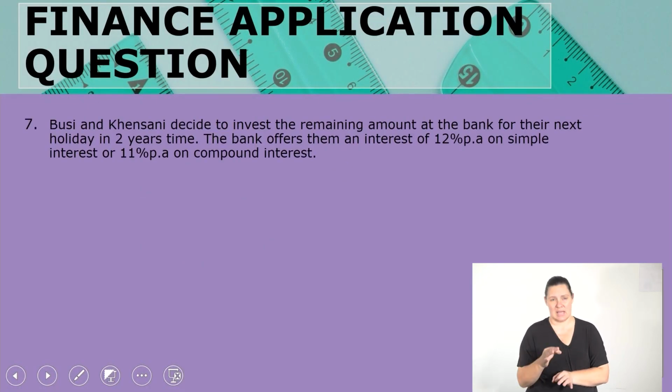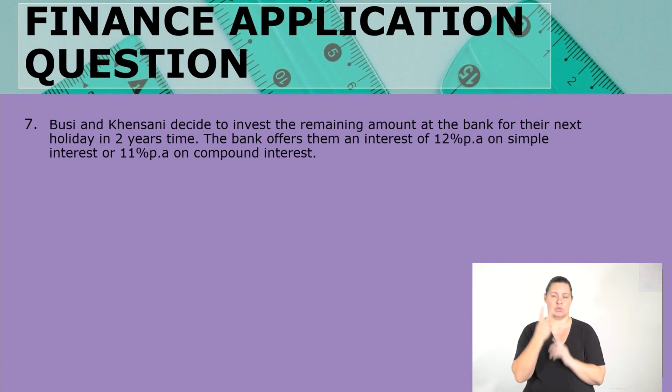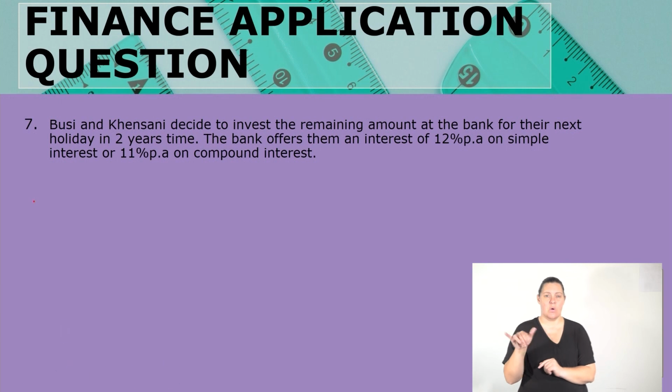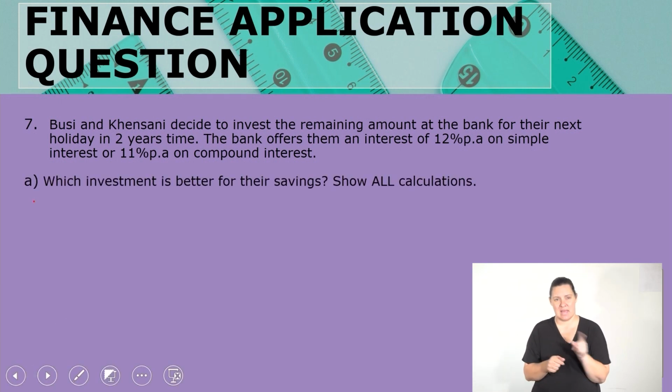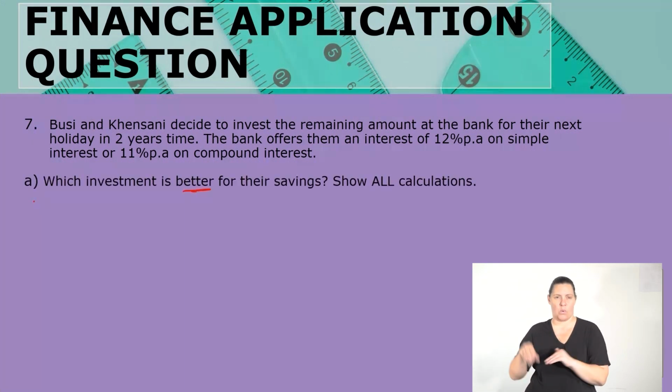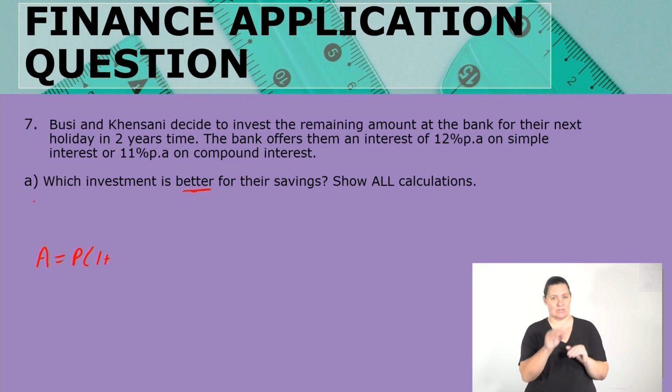So Busi and Kensani decide to invest the remaining amount at the bank for their next holiday in 2 years' time. The bank offers them an interest of 12% per annum on simple interest or 11% per annum on compound interest. So we need to find out which investment is better for their savings. We need to show all the calculations. So we are going to say, for the simple interest,